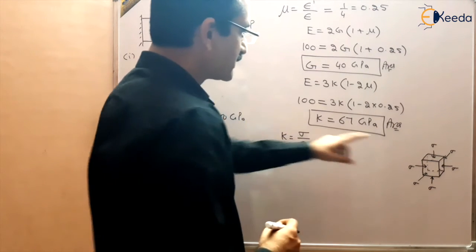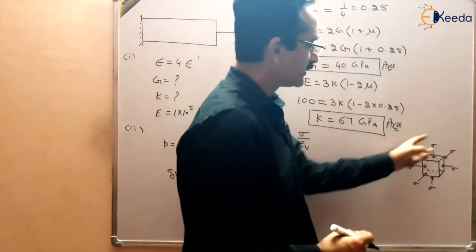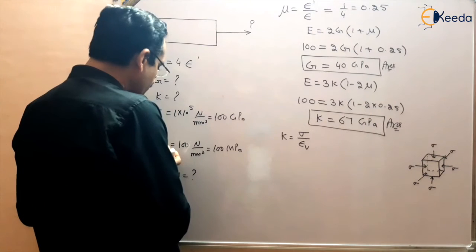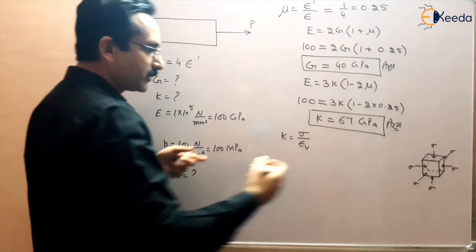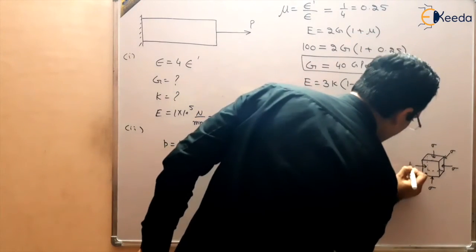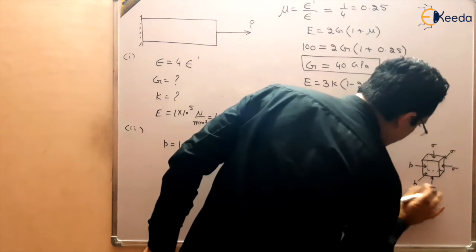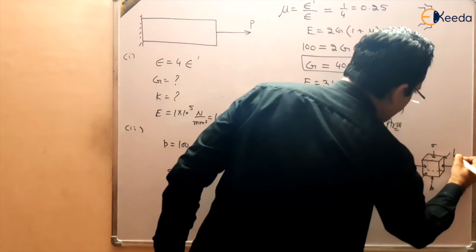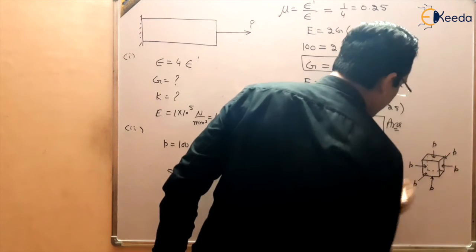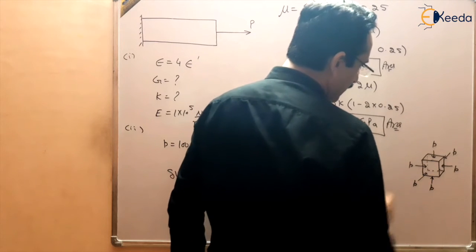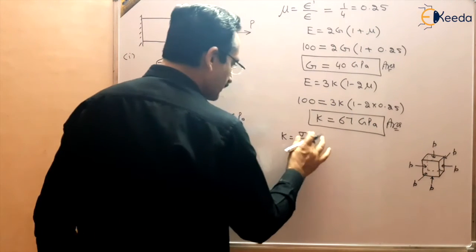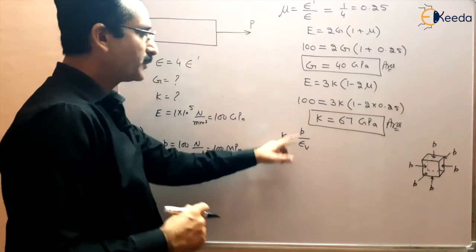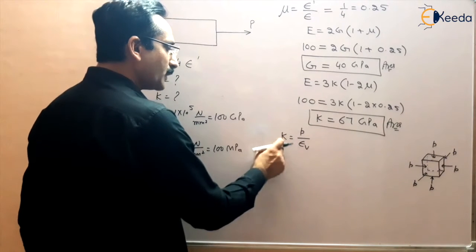And the stress is one of the stresses out of these three directions, right? Here the stress is pressure. We are acted upon by a pressure from all directions due to hydrostatic pressure, because the body is dipped in fluid, and whenever a body is dipped in fluid, an equal pressure acts on the body in all directions. So here instead of sigma the term will be pressure. P by epsilon V will be the bulk modulus, right?